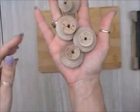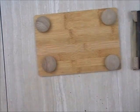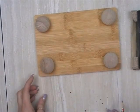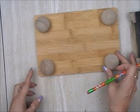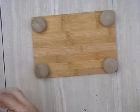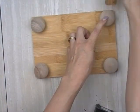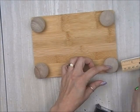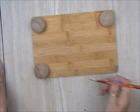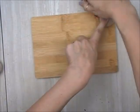And what I'm going to do also, because I'm sanding, I've got these 4 wooden knobs that are from my stash. I think I got them at Habitat for Humanity, and I got them for like $1 a piece because I want some legs on my fall tray. So I'm just going to measure and mark them where I want, and that's up to your discretion how far in from the edge and everything you want. So I'm not going to give you those measurements. And I actually think, if I'm remembering right, I went about 1/4 inch from each edge for my knob, and then I'm just drawing a circle around each one of them,